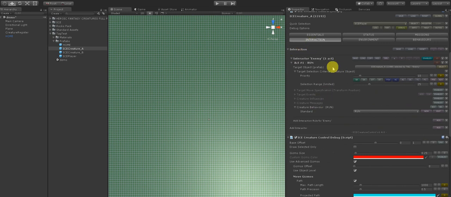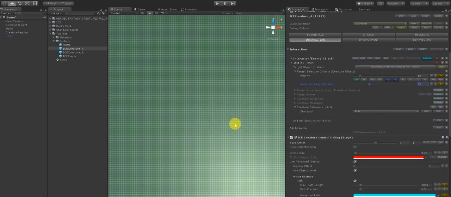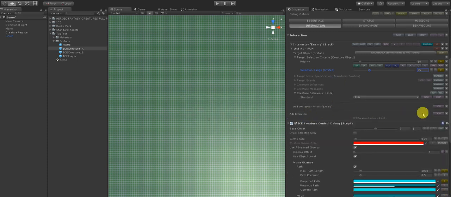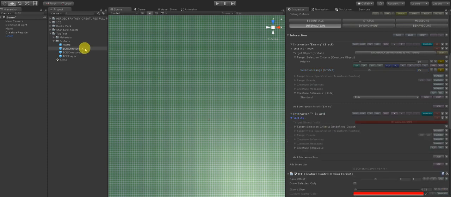And now I want to show the same things with the player. So for this, to add the player as a target for our creature A, we go here, add interaction rules for enemy. Oh, stop. No, I don't want an additional rule, I want a new interactor. So now I have a new interactor here. I enabled the interactor, and now I need to put